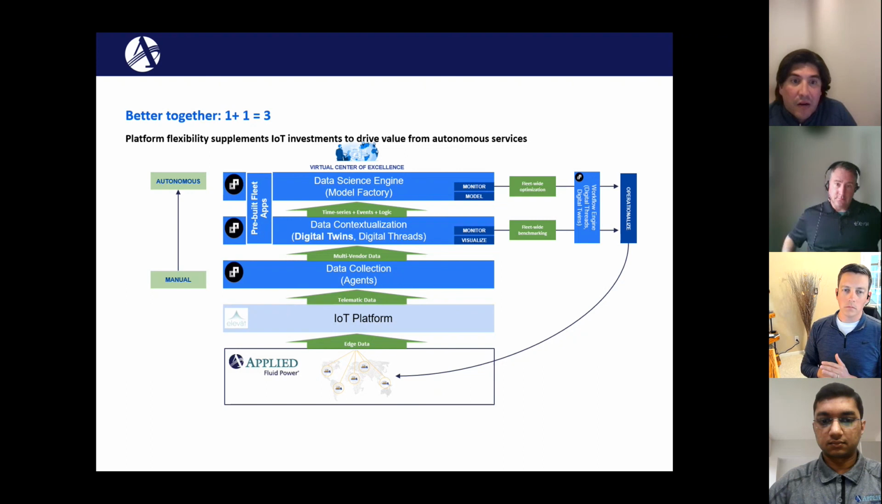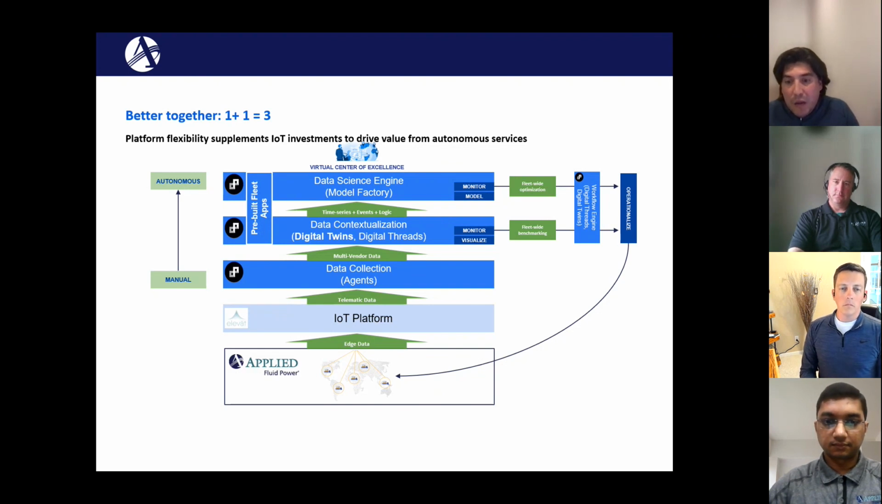So each layer enables that key transition to autonomous services where there is the highest business value by operationalizing actions that drive efficiencies across the fleet. And we can do that early on in the process. So when we contextualize data, we've configured the digital twins, and we've got the digital thread logic running on those twins, even before we apply our first machine learning model, we can start operationalizing workflows that are